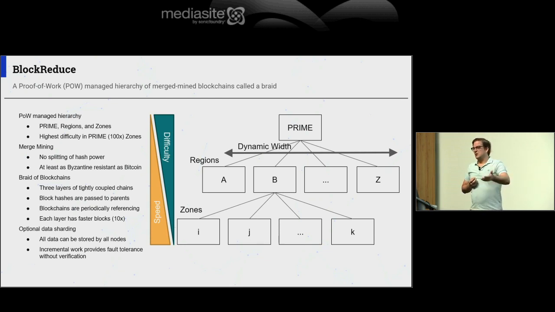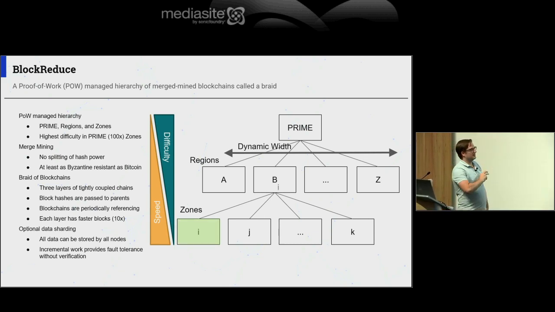So I could, as a zone, just look at other essentially peer zone transactions and not need to look at other region transactions or other prime transactions. But if I have lots and lots of hash power, I would be incentivized to do all of those things, because if I'm mining and I eventually figure out that there was a nefarious block, I'm going to be wasting more hash power.